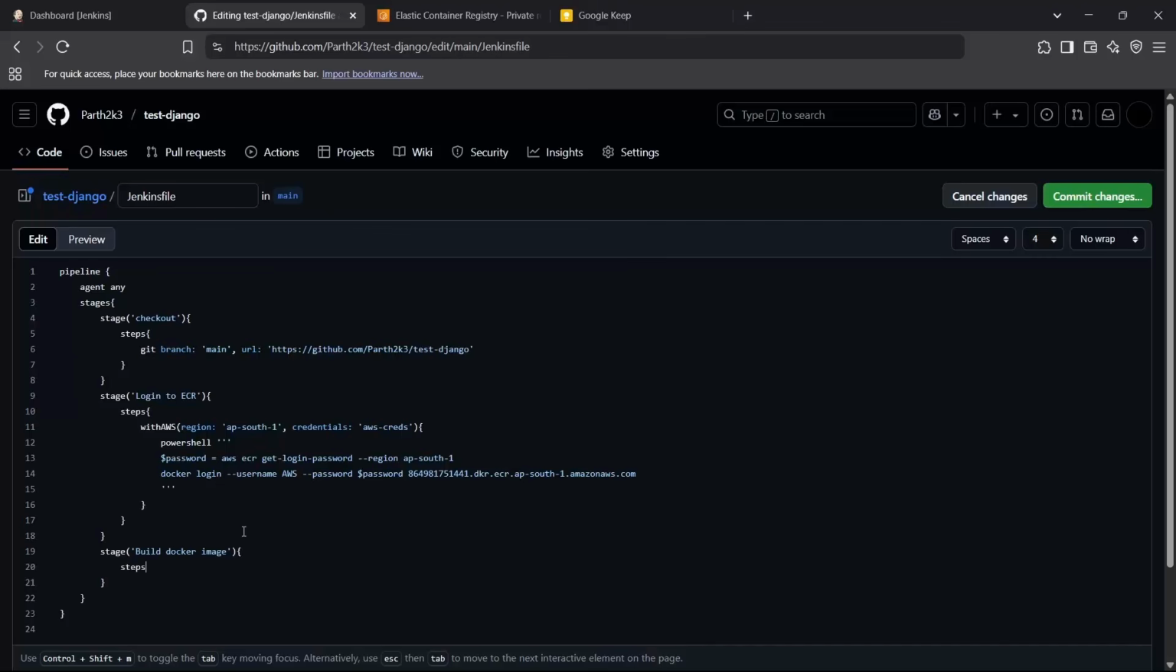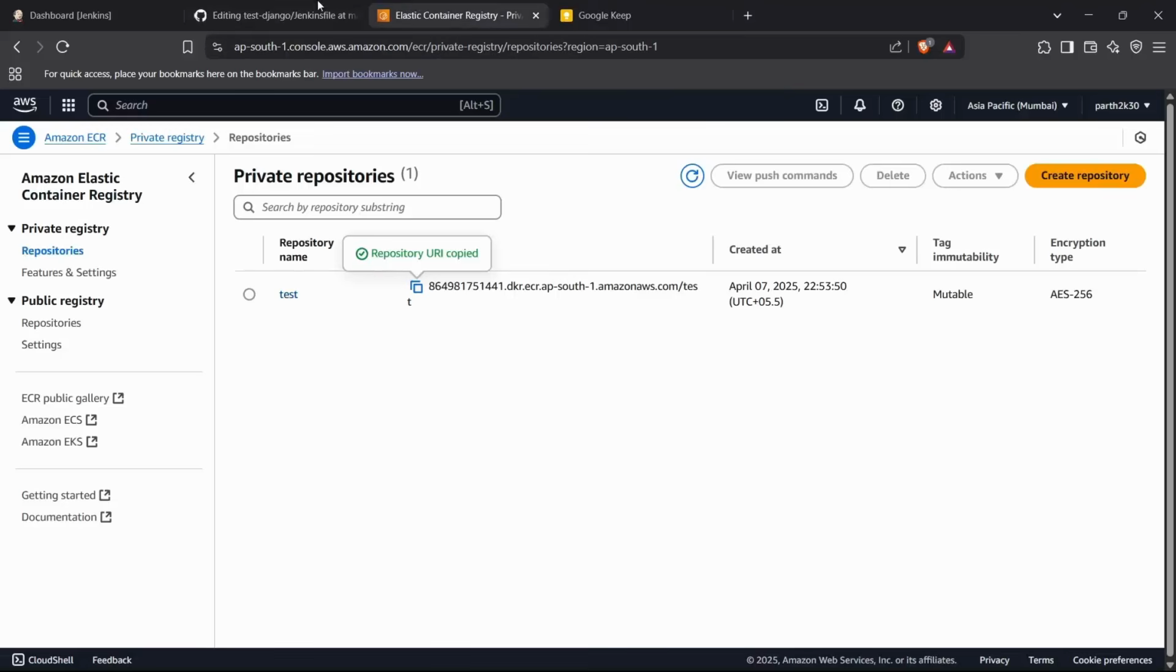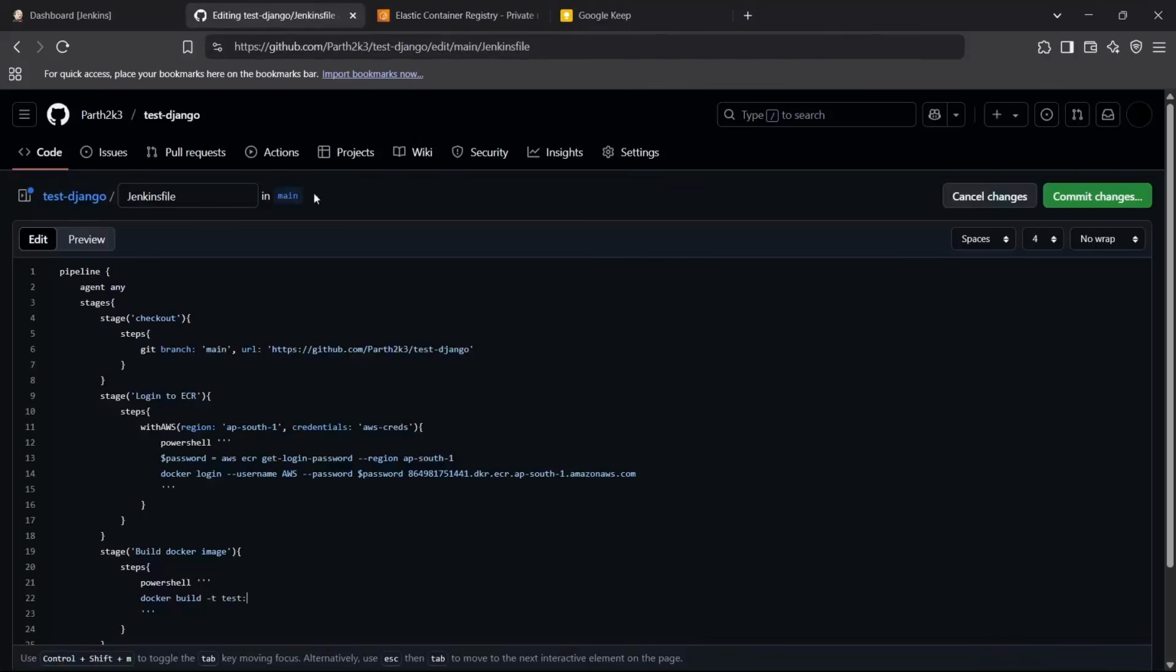So for the steps, I will define the steps block and I'll run a PowerShell command. Again, this PowerShell command is going to be something about Docker build. So I'm going to run the command docker build -t, and then I'm going to write my repository name here, which is test, and then the tag name for the repository image. So I just tag it something like Django,